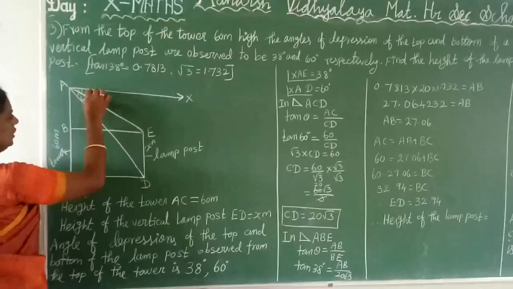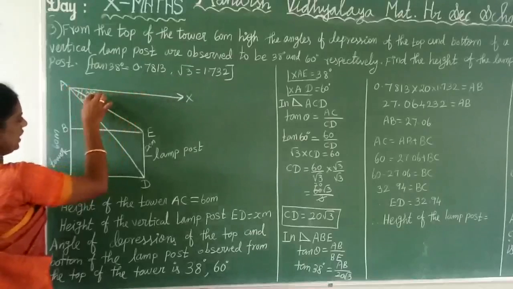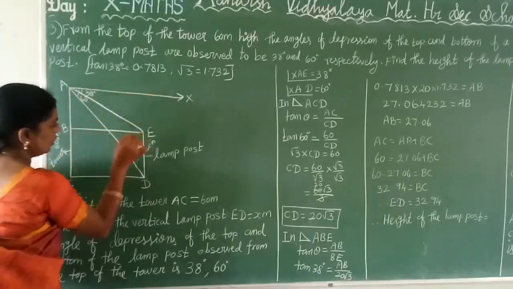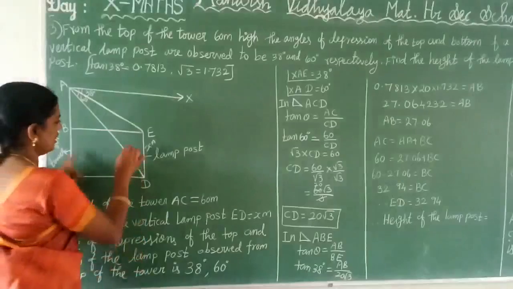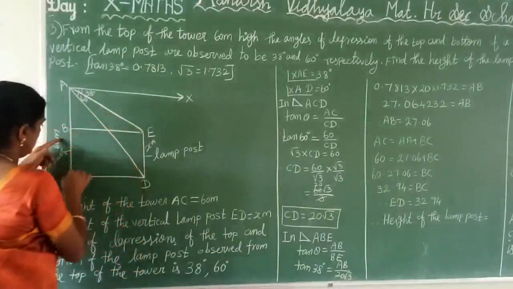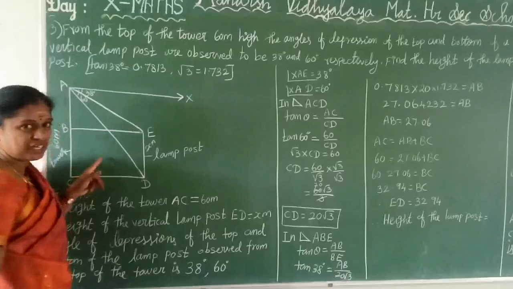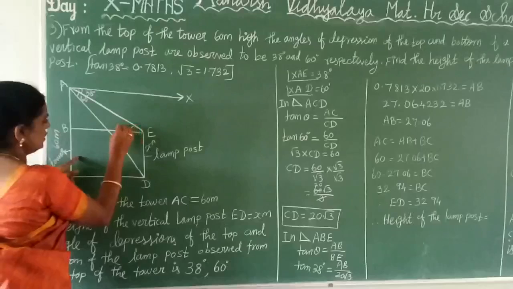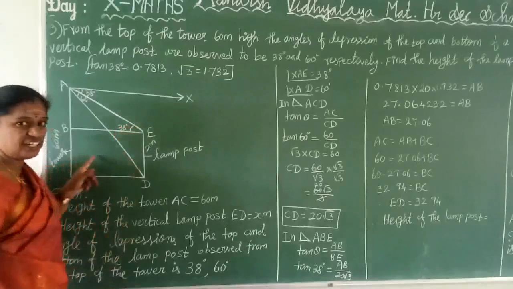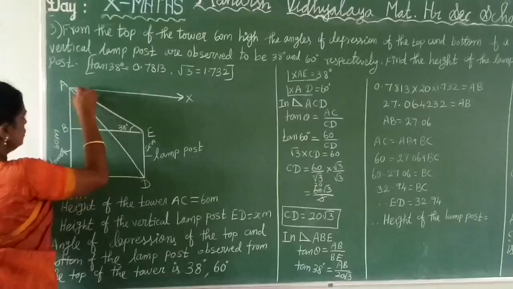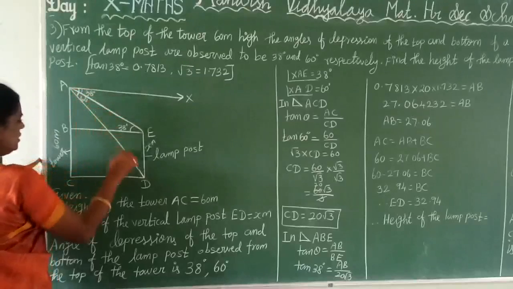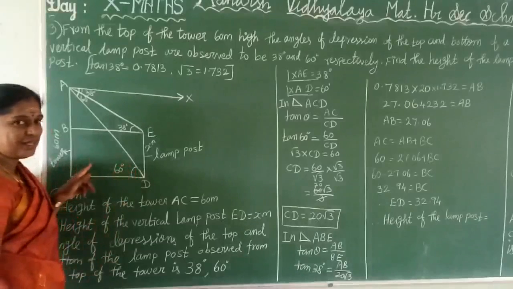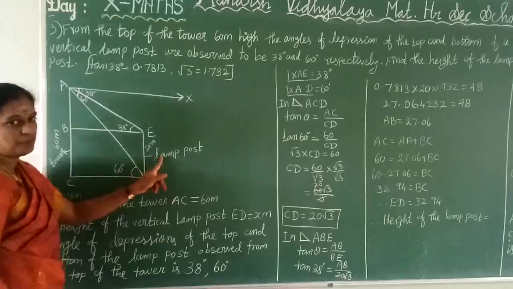So here 38 degree, no? The same method. This is the angle of depression. So these two lines, here make a parallel line, that is the horizontal line. So ABCD is a rectangle, we get it. And in this place, here 38 means this is 38 degree because alternate angles are equal. This whole, fully 60 degree means this angle is 60 degree. Clear? So this is the diagram.